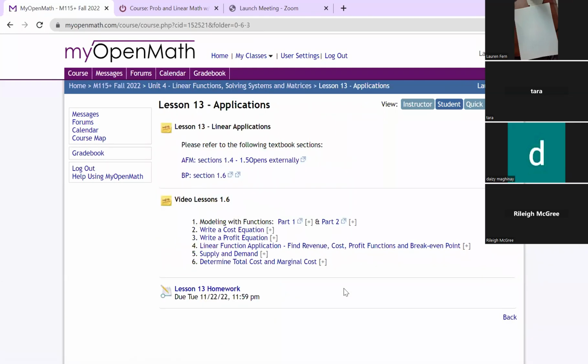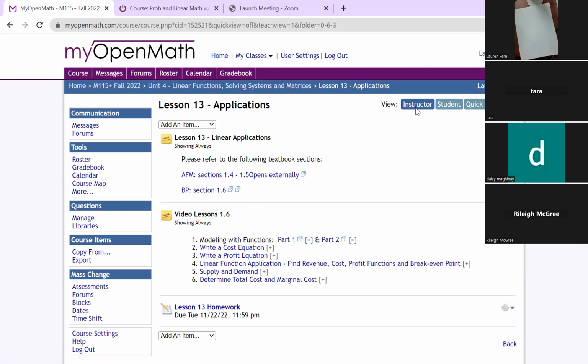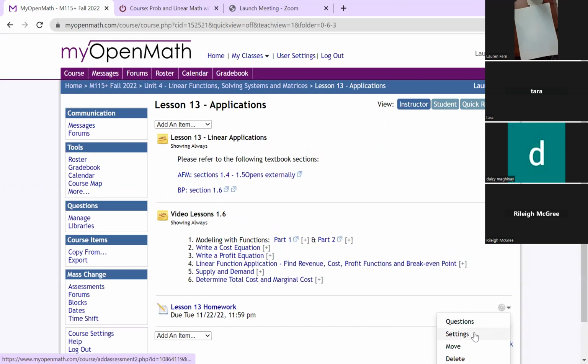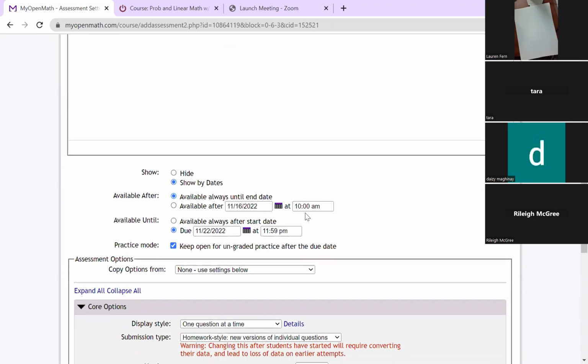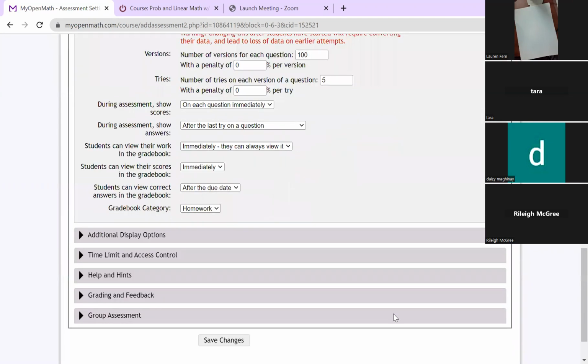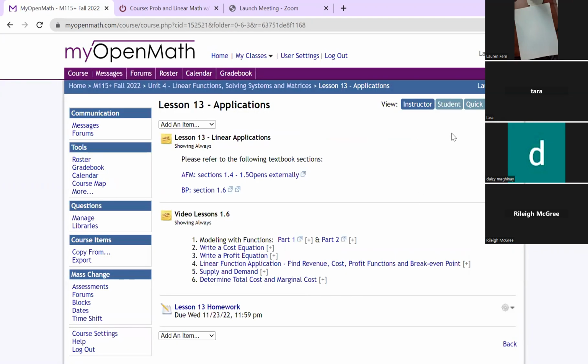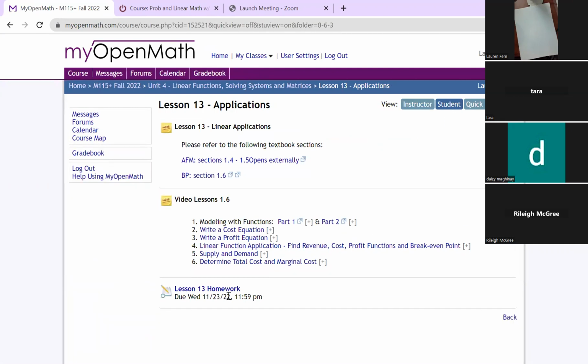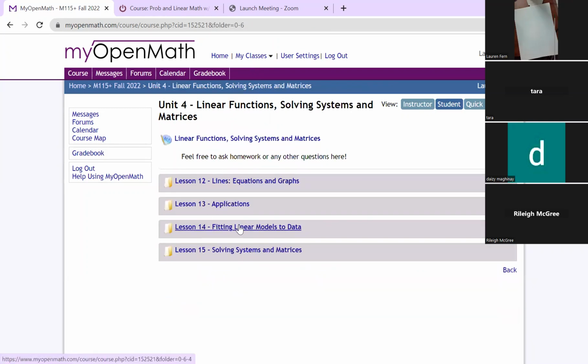We have now finished lesson 13. And today's Wednesday, not Tuesday. So what I'm going to do is change this due date to be a week from today. I apologize. I made it a week from yesterday originally. That was my mistake. So lesson 13, we just completed. That's due a week from today. You dig so far? All right.